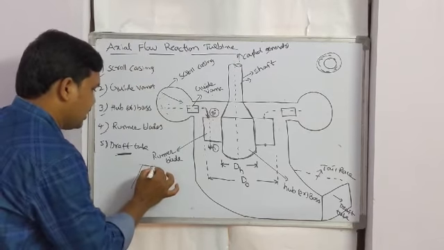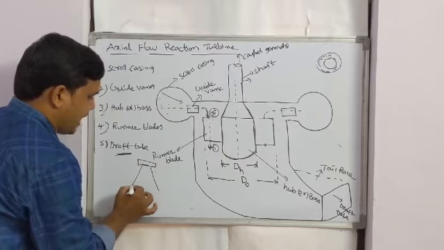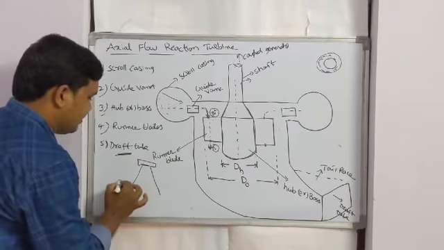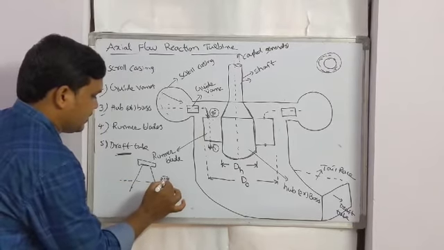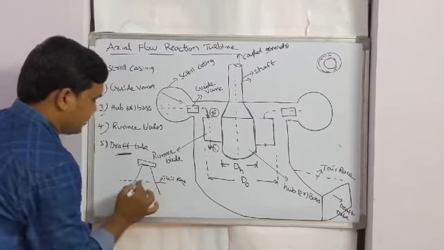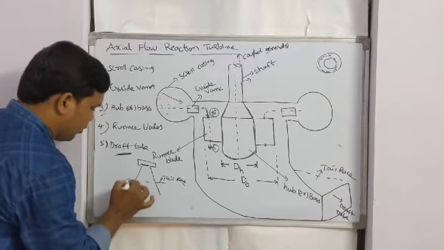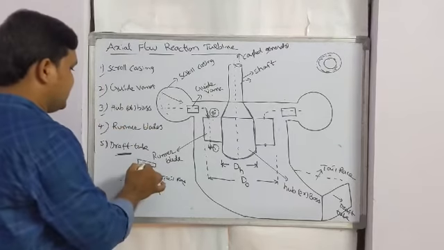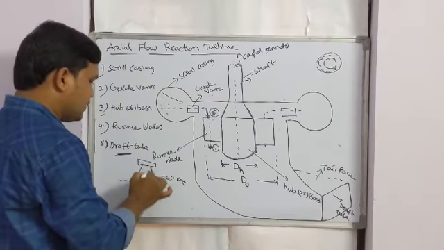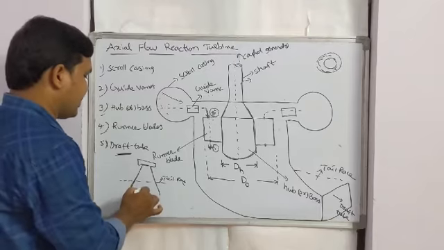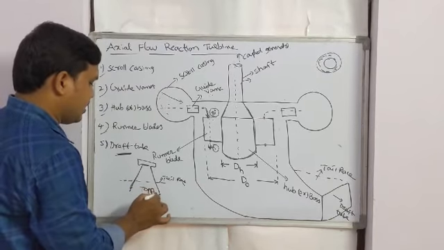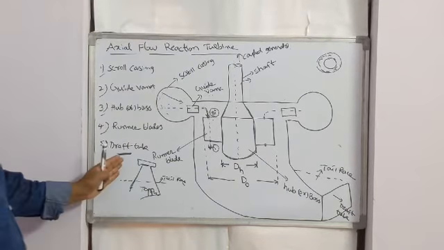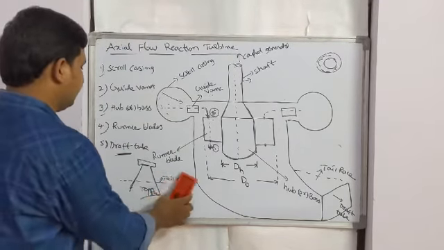The small end of this part is connected to the turbine, and the bigger end of the draft tube is submerged below the tail race. This is the tail race of the turbine. So the turbine exit is submerged below the tail race of the power plant. This is a draft tube. The draft tube is a gradually increasing cross section, or tapered section, whether rectangular or conical in shape. There are different types of draft tubes. Anyhow, I will explain clearly in the draft tube section.